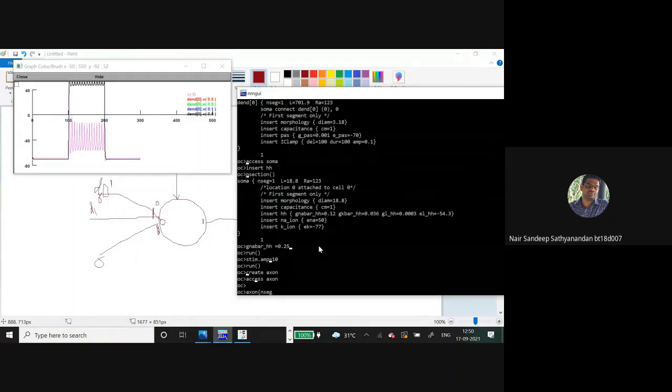I will also show the code for how to create interneuron communication. A couple of things I wanted to cover are the temporal summation and the spatial summation. I don't think I have time to cover that part. What I will do is quickly show you the code for how to use synapses, synaptic connections, and how to connect two neurons. Before that, I'll just create an axon so that the neuron configuration part is complete.